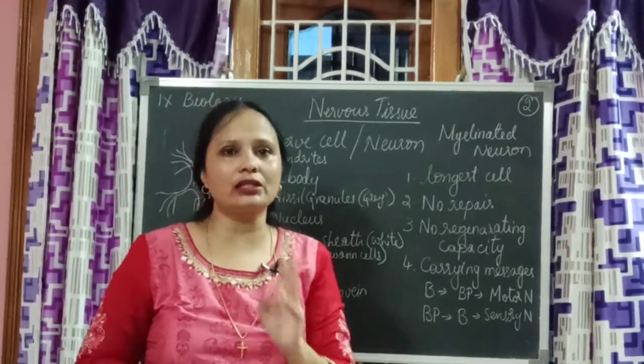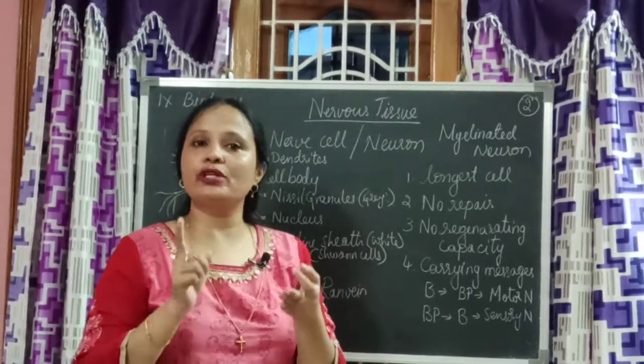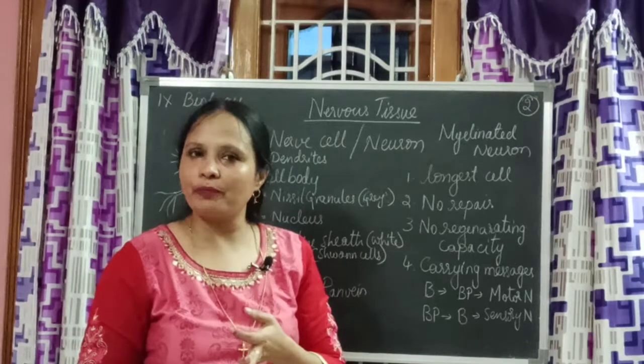Now we have completed 3 lessons about cell, plant tissues and animal tissues. I want you to read all the 3 lessons and then be prepared to start learning the 4th lesson.